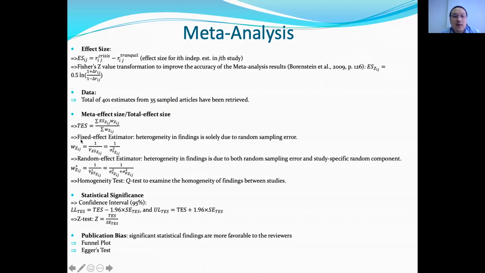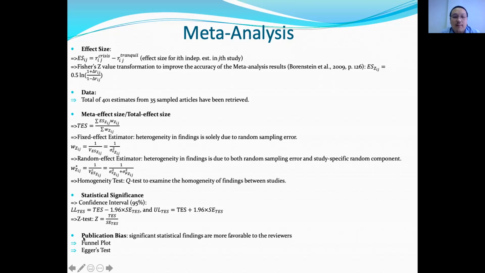Okay, just now I mentioned we either use a fixed effect estimator or random effect estimator, right? To decide this, we are going to use a homogeneity test, the Q test. Normally the Q test will reject homogeneity because studies tend to differ from each other. Normally we will use a random effect. After the random effect is tested, we know that across the studies there is a significant difference in the results. So we will be looking into